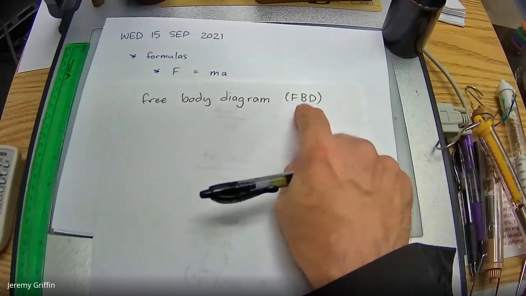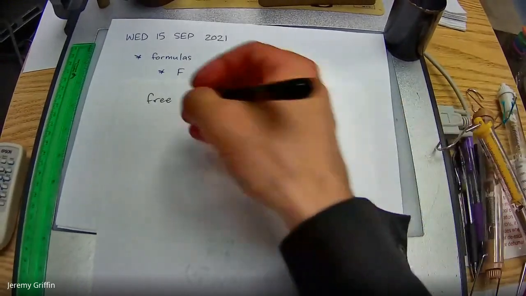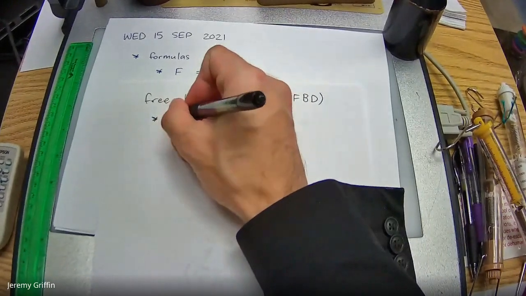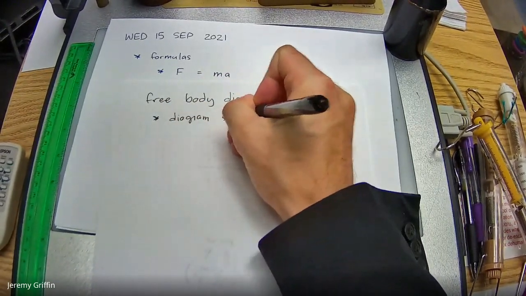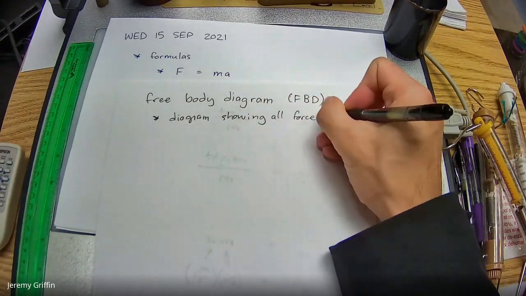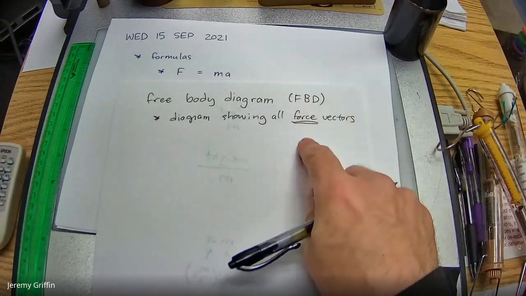Free body diagram is commonly abbreviated FBD because this is a big deal in this class. You guys can see this all the time, and you are going to construct a bunch of these. This is a diagram showing all force vectors on an object. Now there are some other rules that go with this, but when I flip over to the PowerPoint,